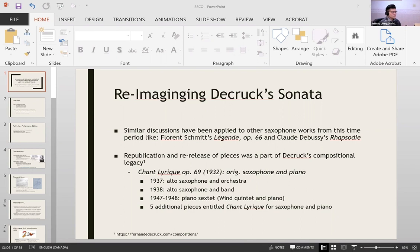Furthermore, the republication and re-release of pieces was a part of Decruck's compositional legacy. We look to her Chant lyrique, originally written in 1932 as a saxophone and piano piece, which was reorchestrated a number of times for different instrumental mediums. In an interview I had with Dr. Aubin, he said that when she found a hit, she ran with it. When she found commercial success with a piece, she would keep rewriting it to make sure that it stayed relevant in her repertoire,